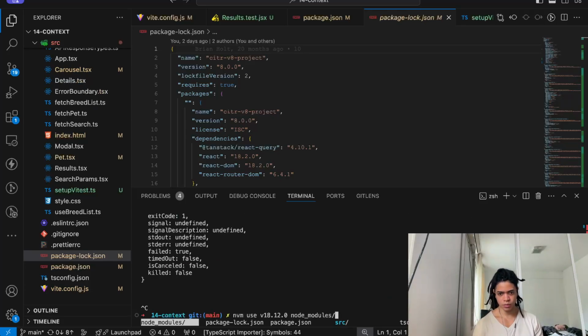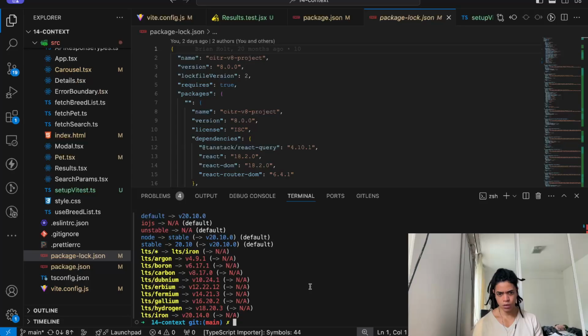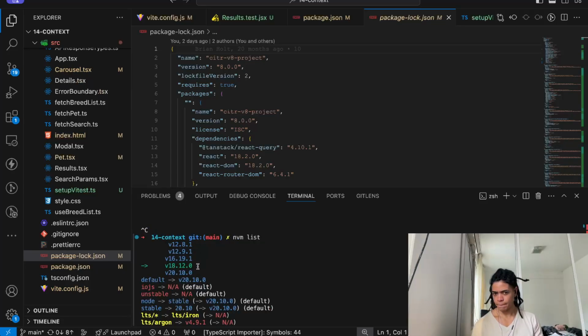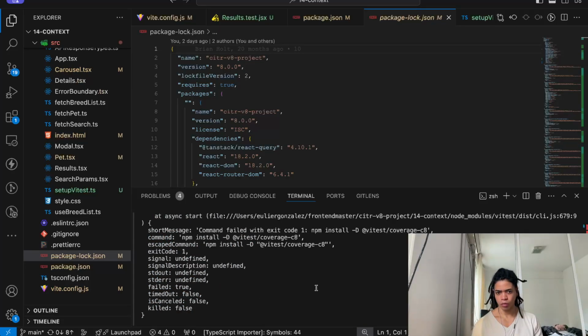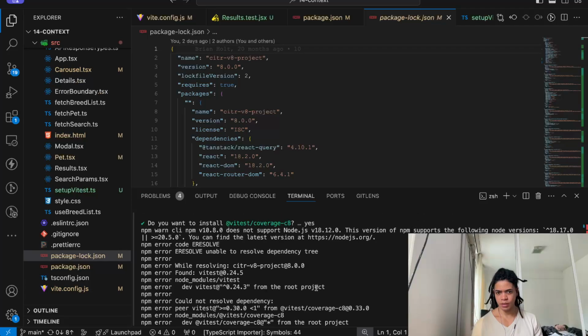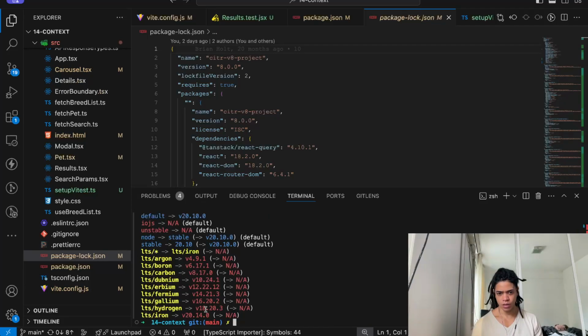Which 18 version is it supporting, man? Maybe less. It tells me that it needs at least 18.17, 18.20. Anyway, nvm use